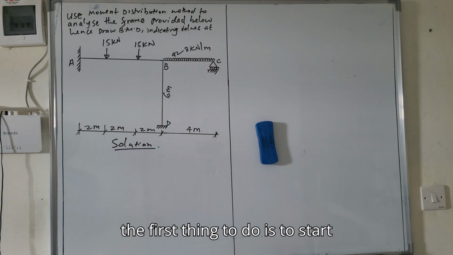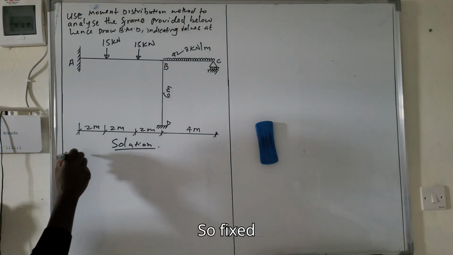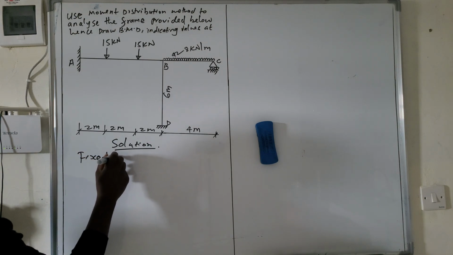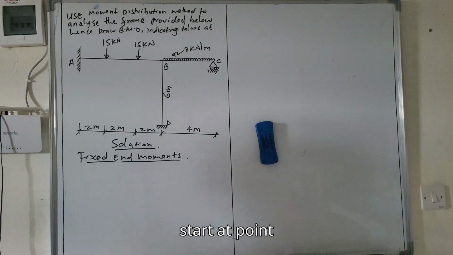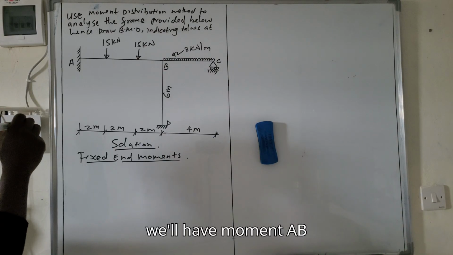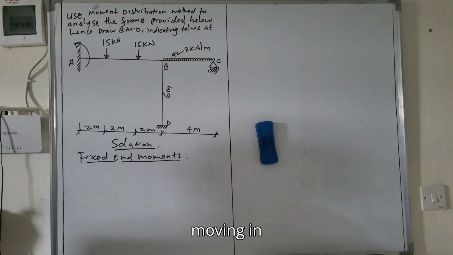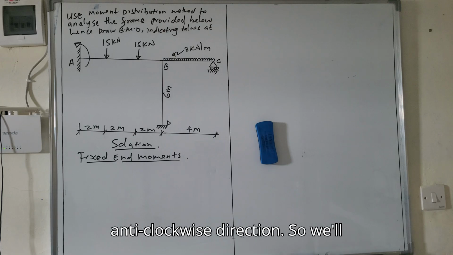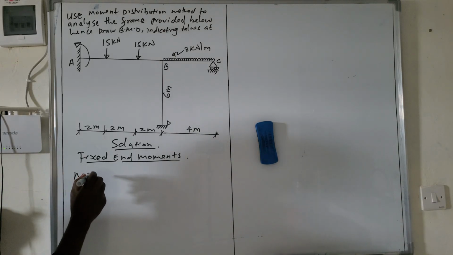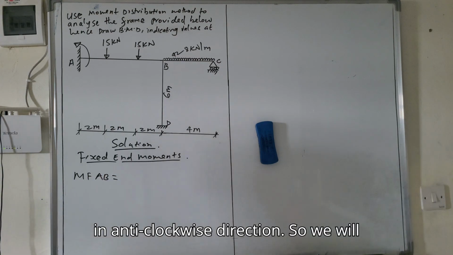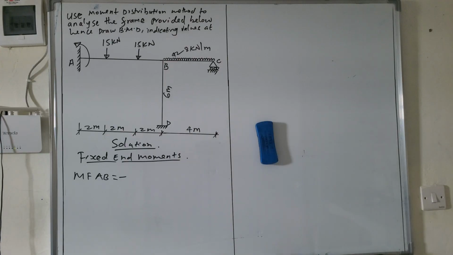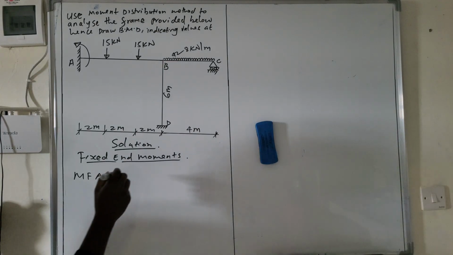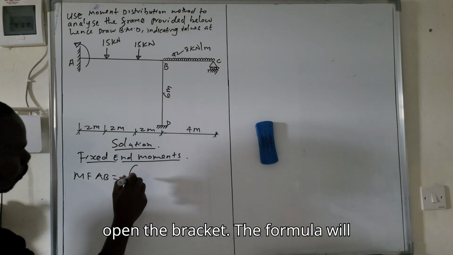So the first thing to do is to start calculating fixed end moments. We'll start at point A. At point A, we'll have moment AB moving in anti-clockwise direction. So we'll have MFAB moving in anti-clockwise direction. So we will write our formula as minus, because the moment is moving in anti-clockwise direction, and then open the bracket. The formula will be